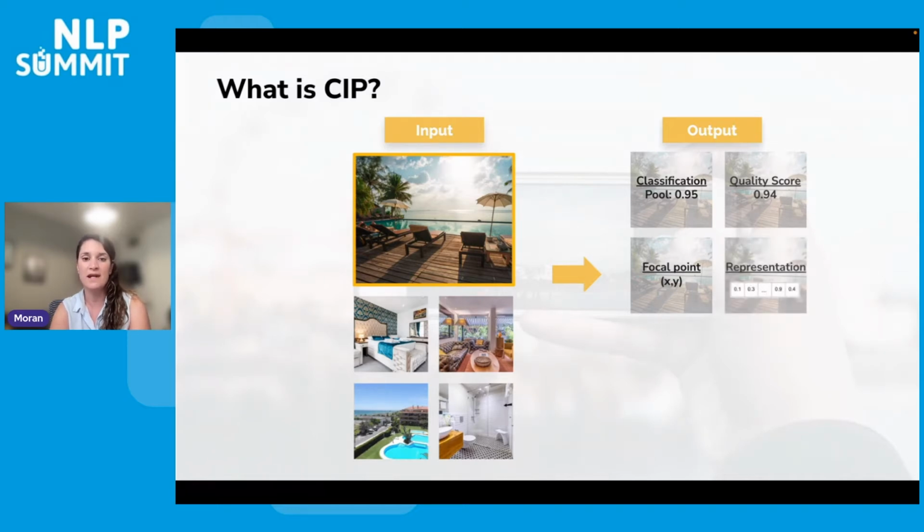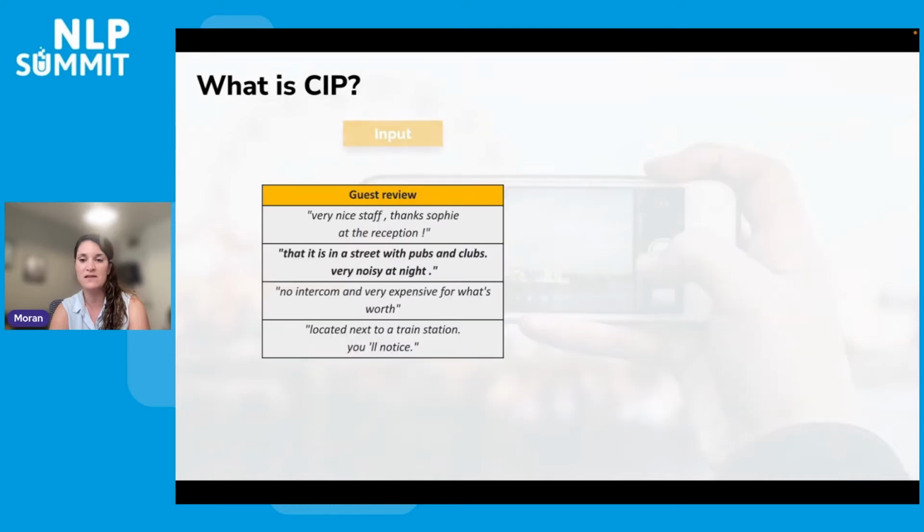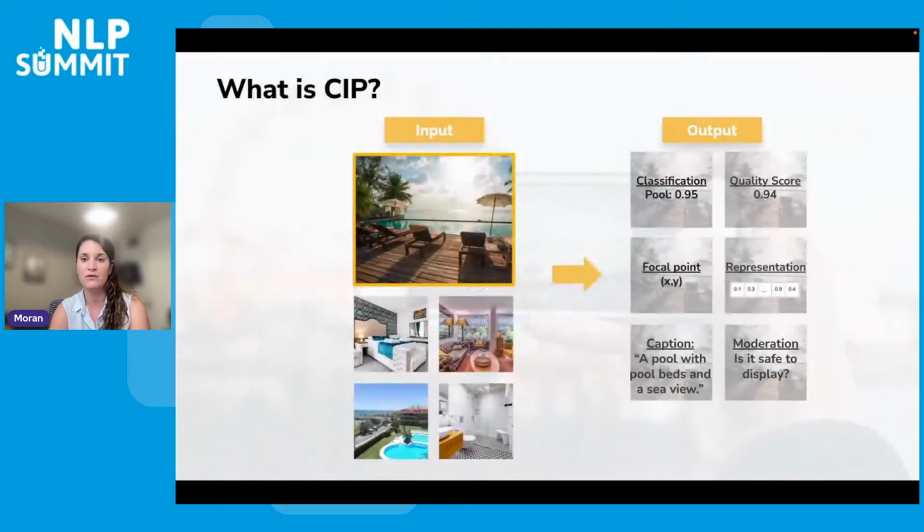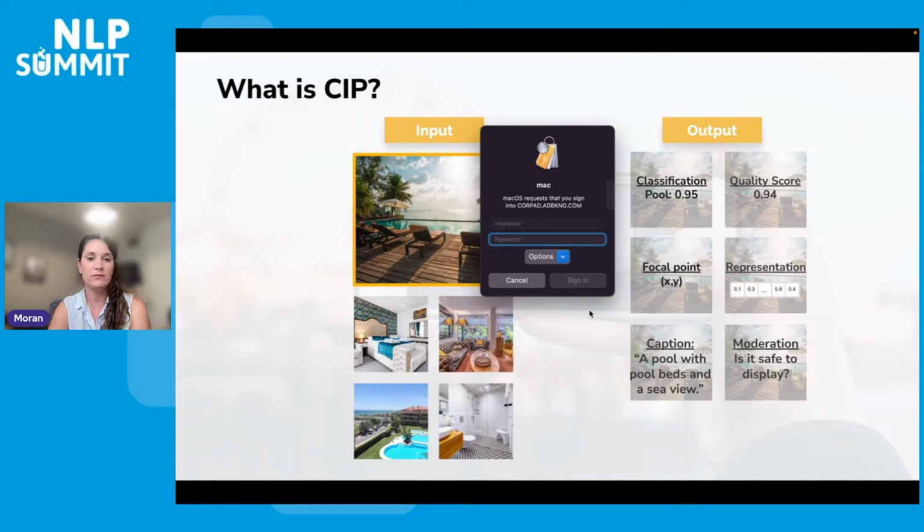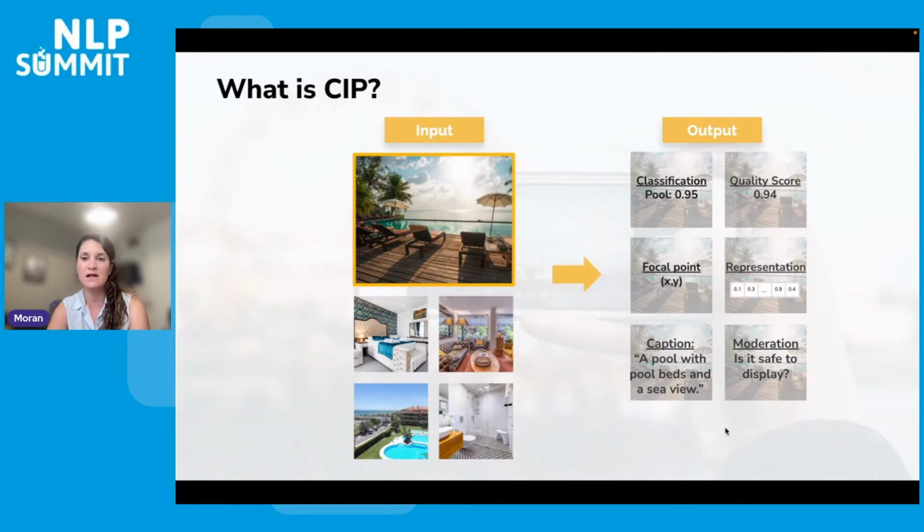We can also get the embedding of the image that can be used as features for different models, a caption of the input, and whether it is safe to present on the Booking website. For these different outputs, we save the predictions in CIP for everyone to consume for all images in Booking.